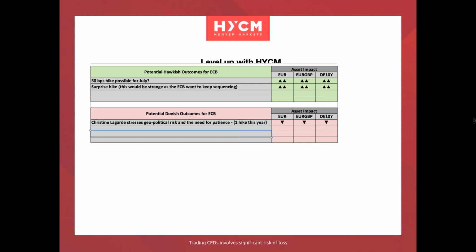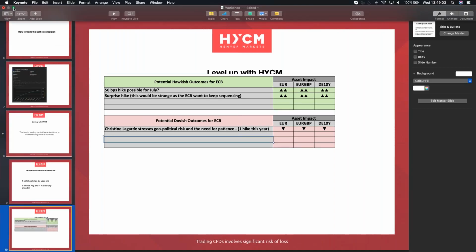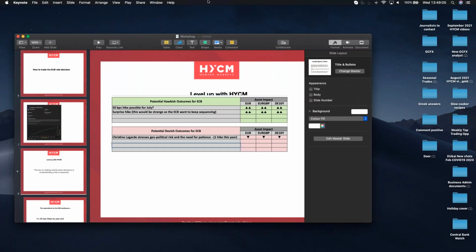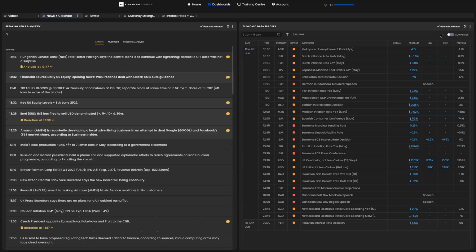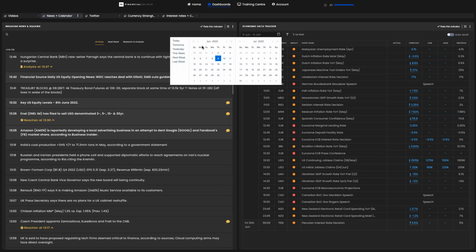So what you're really looking for tomorrow is signals about a 50 basis points rate hike. We have had a lot of central bank speakers, and you consider what the inflation is like for the Eurozone. It's very, very high. We've had a series of central bank speakers coming out talking about inflation being high and potential for a 50 basis points rate hike, et cetera. So let me just show you the